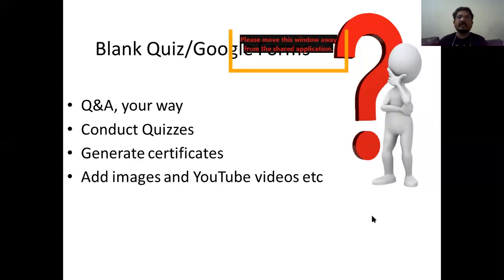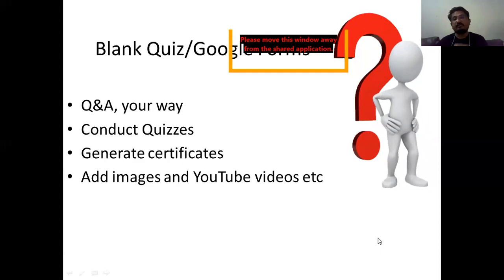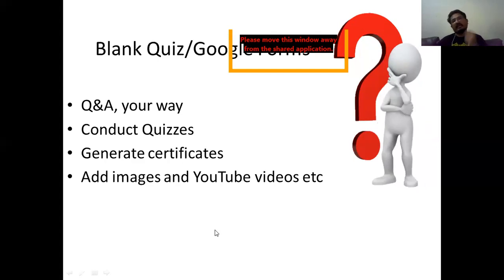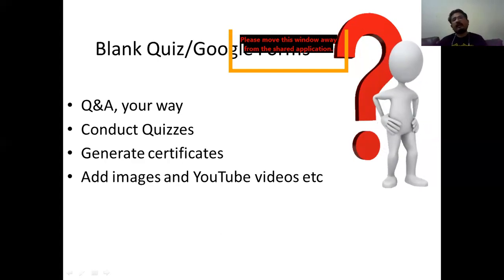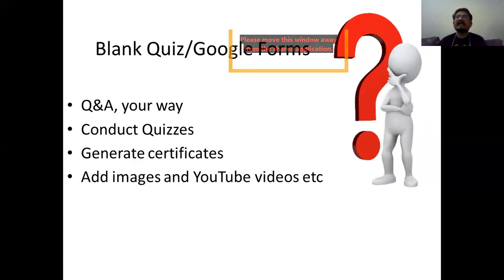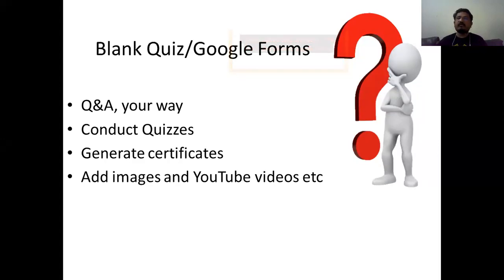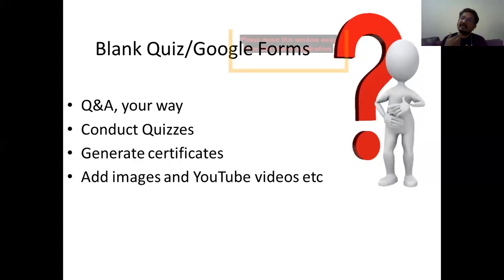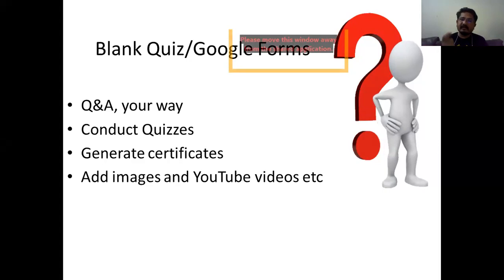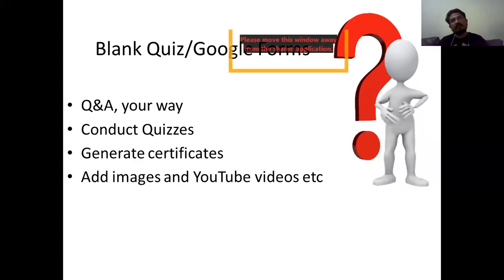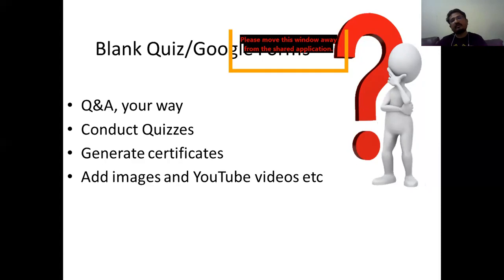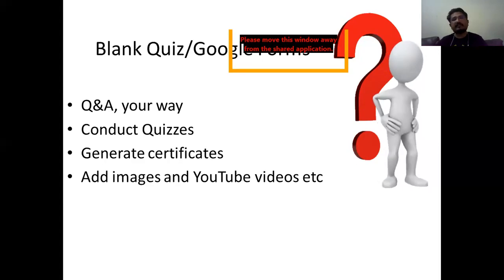And in the quiz, we can also add images and YouTube just to make it very user friendly. Let's say they are interested in movies and we are teaching a literature subject. If you are teaching the film adaptation part, we can upload a YouTube link through that Google Form, and they can visualize it, understand it, and then write their answers. So these are a few things for which we are using this Google Form.